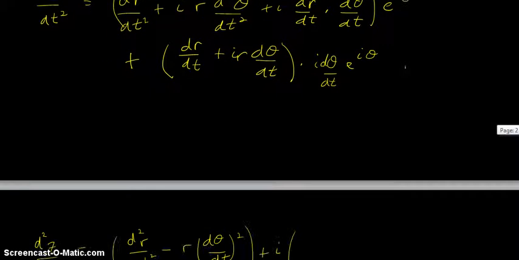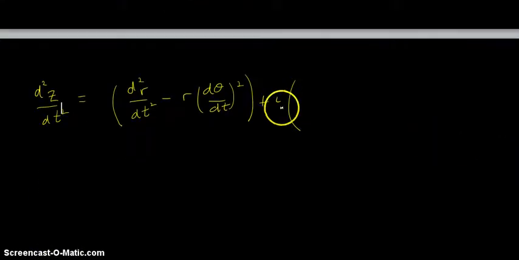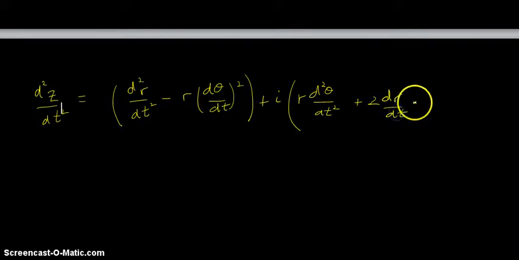So putting those together gives us r d2 theta by dt squared plus 2 dr dt times d theta dt, and then the whole thing